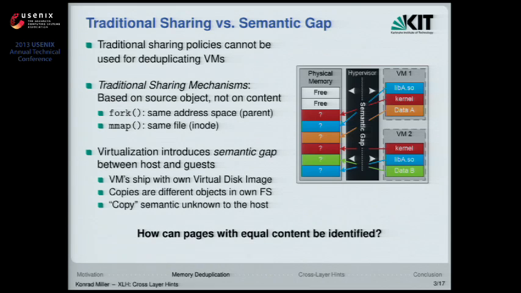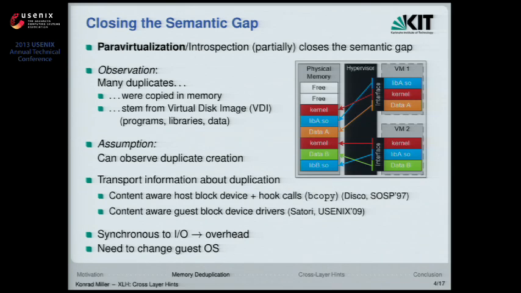So the OS community in general has asked itself in the past how to identify pages with equal content in order to share them, and they've come up with two different solutions. First of all, the solutions that I'll call the para-virtualization or introspection-based solutions, which are aiming to close the semantic gap by creating an appropriate interface or by doing introspection into a well-known VM that they're running. And the observation here is that